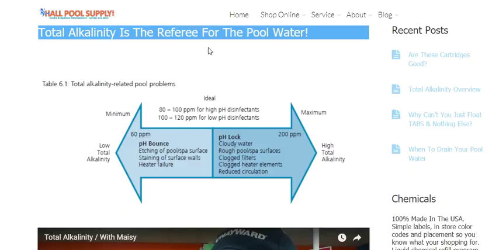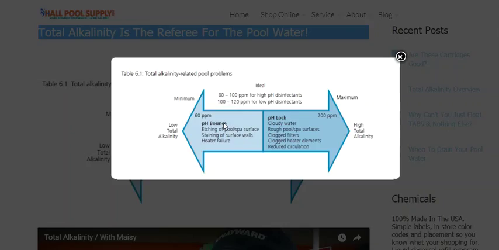And here's the rules. Ideal. That's what you're always going for right here. Ideal. So let's look at this pH bounce, which is a consequence of having too little acid in your water. By the way,